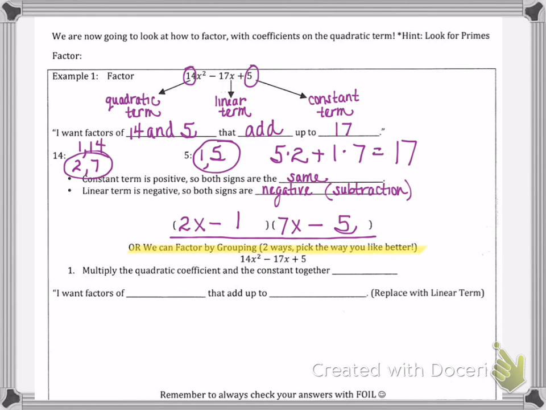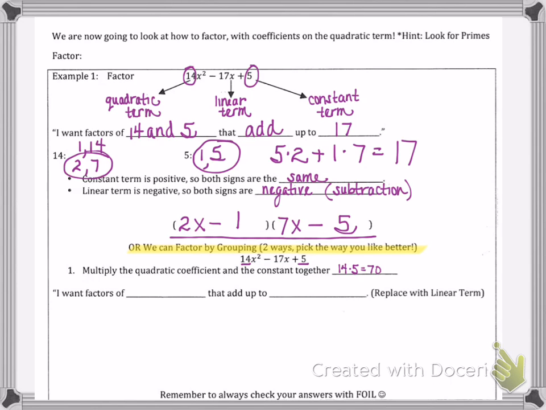Okay, and that's how we're going to look at this same problem again. So let's just pretend we haven't seen this problem again. And the first step for factoring by grouping is to multiply the quadratic coefficient and the constant together. So that 14 and that 5, if we take their product, so 14 times 5, which is 70, we're thinking